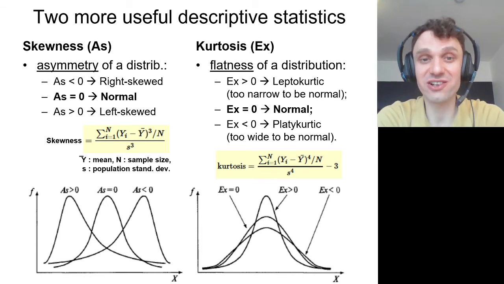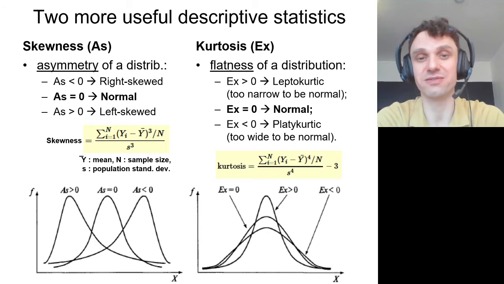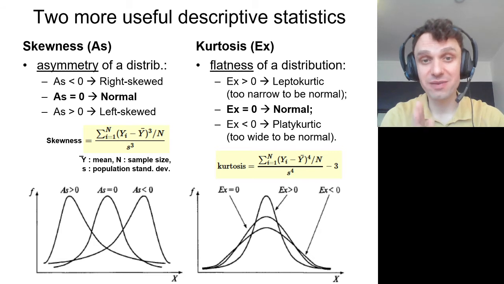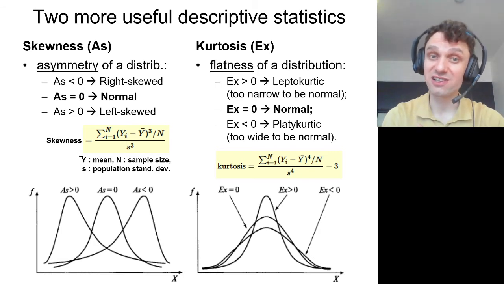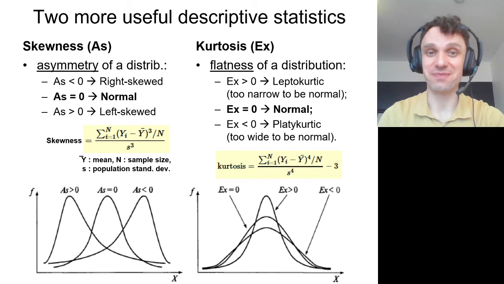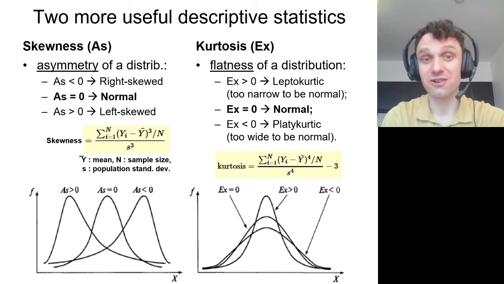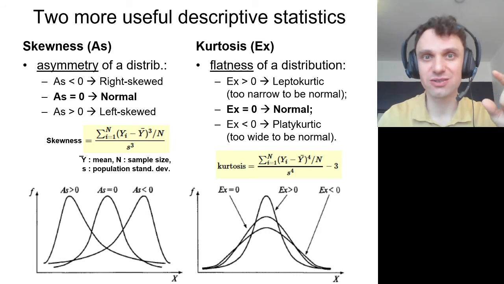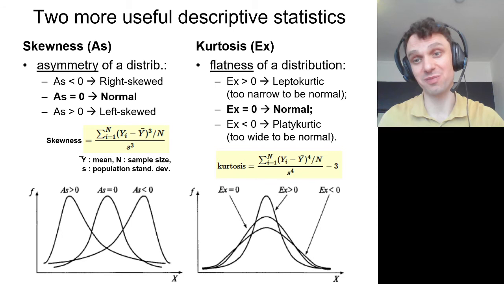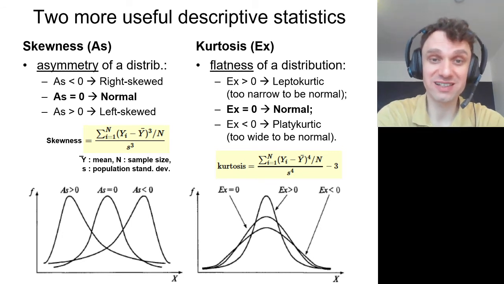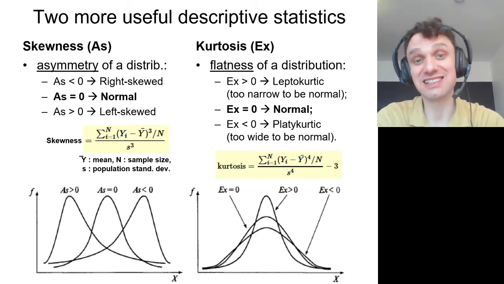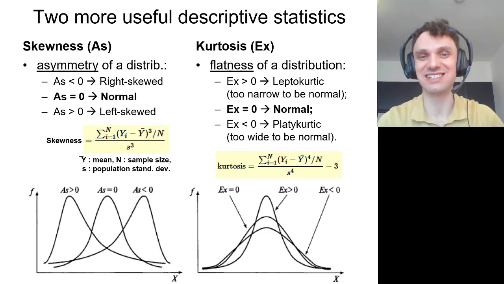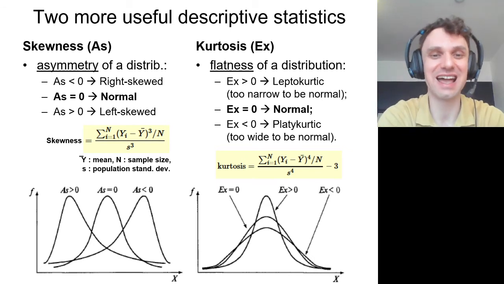And the second statistic, kurtosis, reflects the flatness of a distribution. If your kurtosis is very large, it means that there are very many observations whose scores are suspiciously close to the mean. Or if your kurtosis is very small, it means that there are actually some observations whose scores are suspiciously far away from the mean. For a normal distribution, kurtosis is exactly 0. So there is a perfect balance between the scores in the middle and on the tails of this distribution.